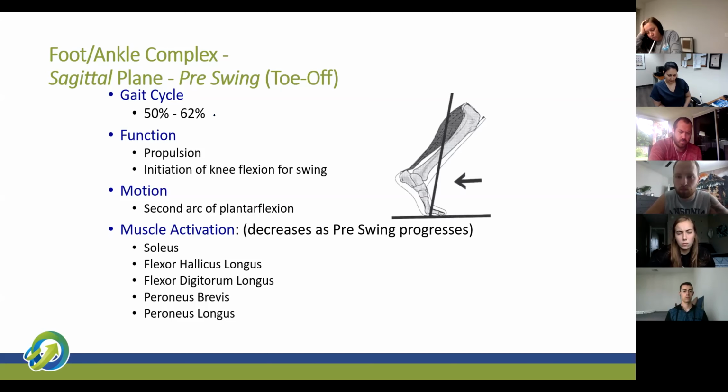Okay, and then one other thing, I just want to touch lightly on the words hallucis or hallucis. I've heard it pronounced both ways, and then digitorum. So the hallux is the big toe, and digitorum are the second through fifth toes. So when you see flexor hallucis longus, we can break that down and realize that it's the flexor, so it's on the plantar surface or underneath the foot, and it's attaching to the big toe. So that one's primarily flexing the big toe, and then the flexor digitorum longus are flexing the second through fifth